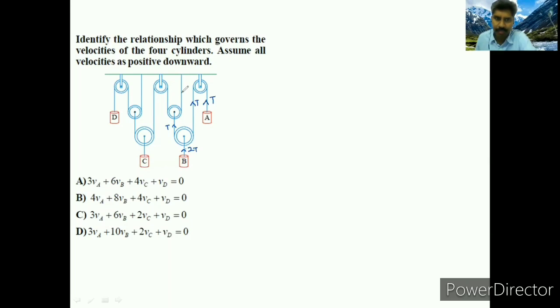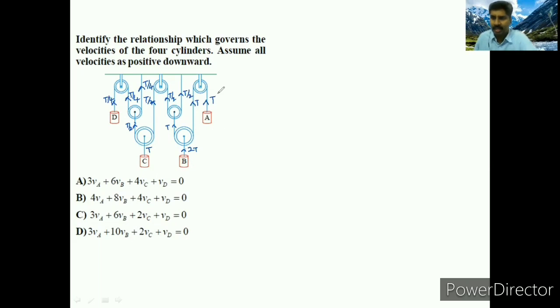Next, this T is there, so it is T by 2. This side also T by 2. Now this T by 2 also passes to this side. So T by 2. Now this T by 2 also passes here, T by 2. T by 2 plus T by 2 means here T will come. Next, here T by 2 is there. Now it is divided again into half, means T by 4. This T by 4 also passes here, T by 4. Again this T by 4 is also there, T by 4.